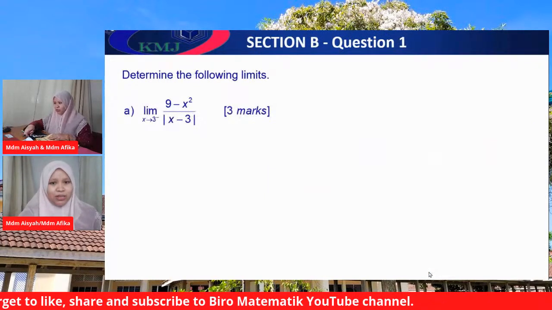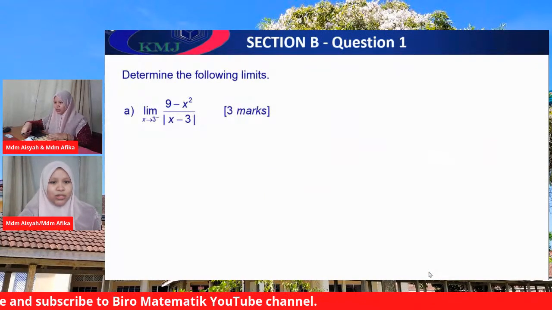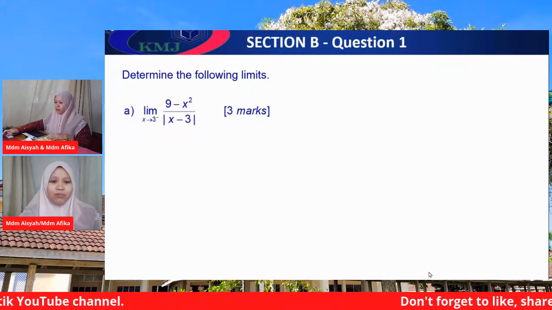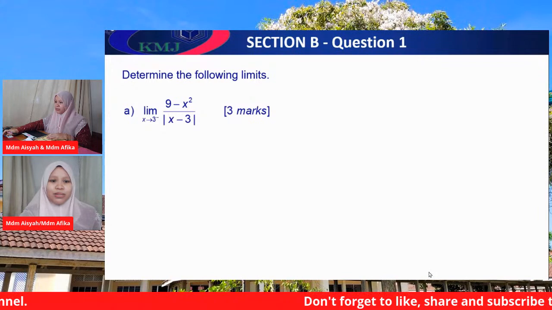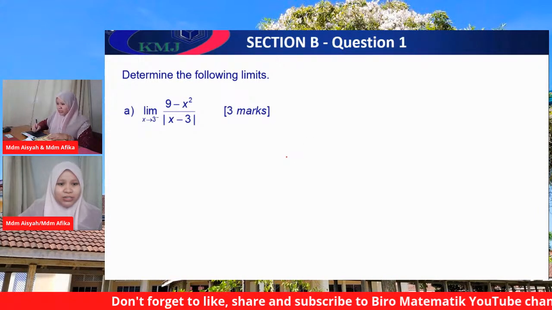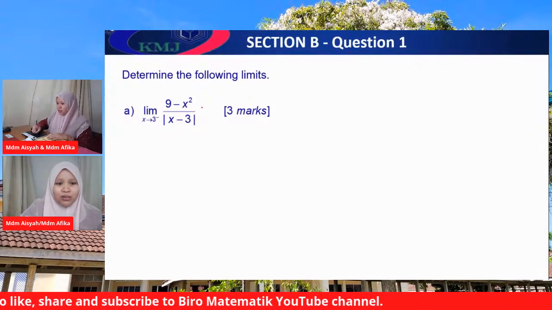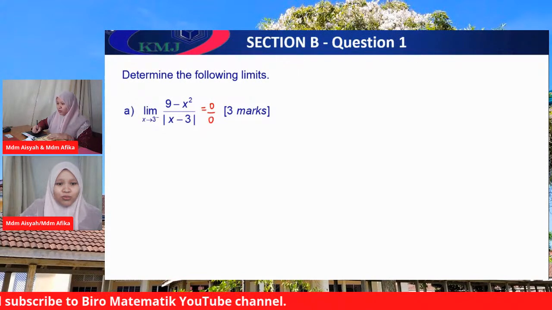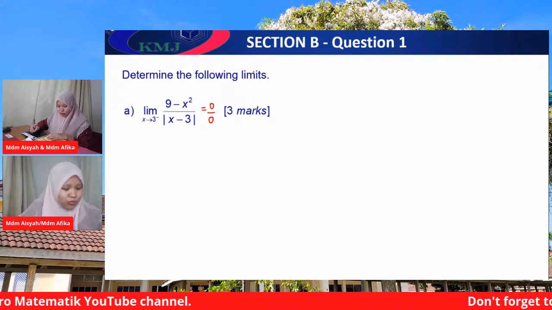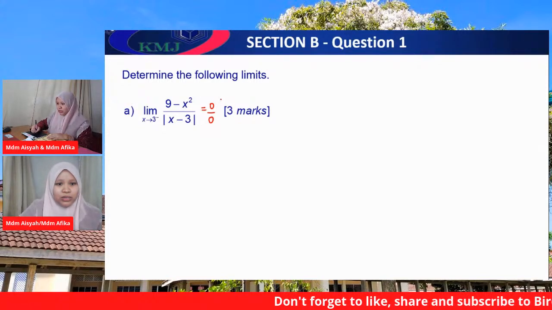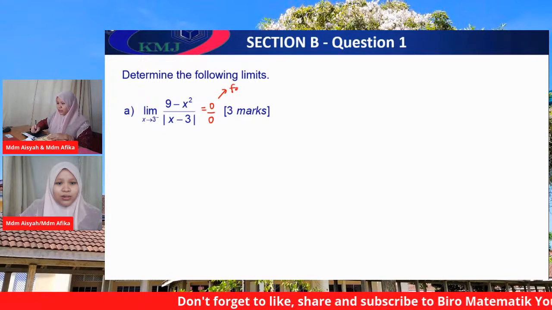In section B, question 1, we need to evaluate the limit of 9x squared divided by x modulus of x minus 3 as x approaches 3 from the left. First, we substitute x equals 3 and we get 0 over 0. Since we have 0 over 0, we need to factorize